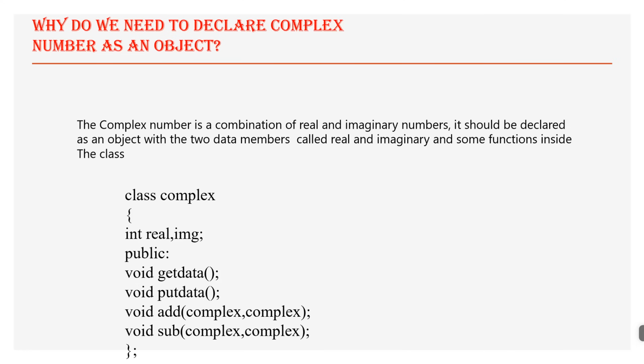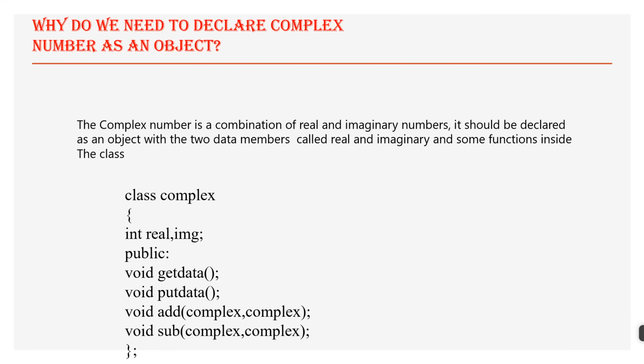What are the two data elements? Real element and imaginary element. So I am defining inside the class called complex, real as an integer as well as imaginary as an integer. So complex is a class which contains two data elements, real and imaginary,